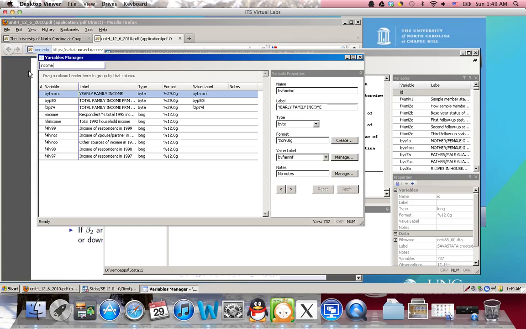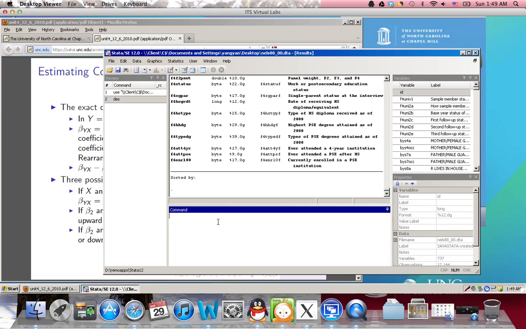We'll see that yearly family income is this variable, which we'll use later. And in this tutorial, an example is to show how a student's math score in 1988 will affect his income in the future. So we will look for the variables with math and income. The income in the second wave is